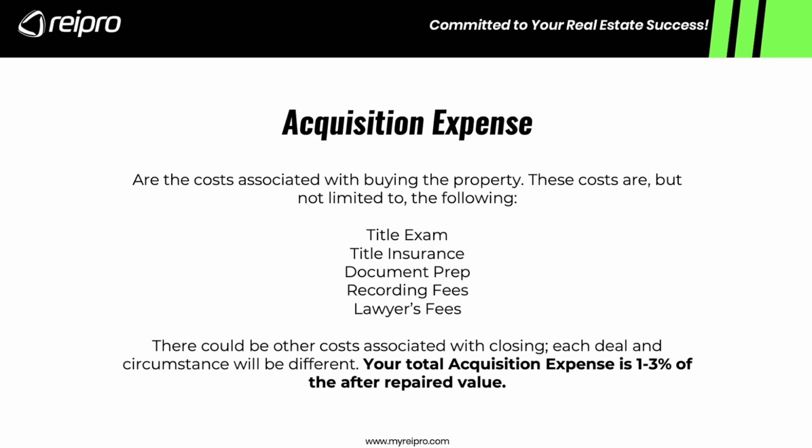Next is what we call the acquisition expense. These are the costs associated with buying the property. These are going to be your title exam, title insurance, document prep, and so on. So when you close on the property, these are going to be those closing costs to buy the property. Okay, so there's going to be other costs besides this. A great place to find out exactly the cost of this or a general cost is to contact your local